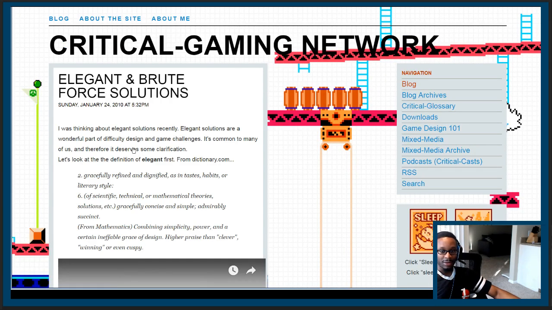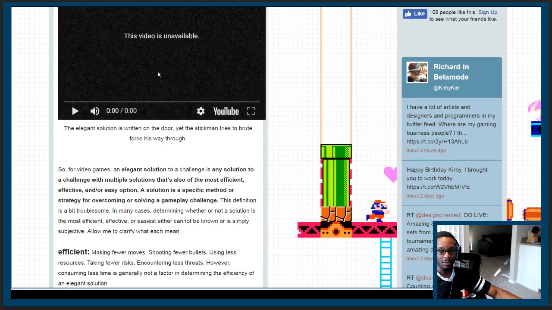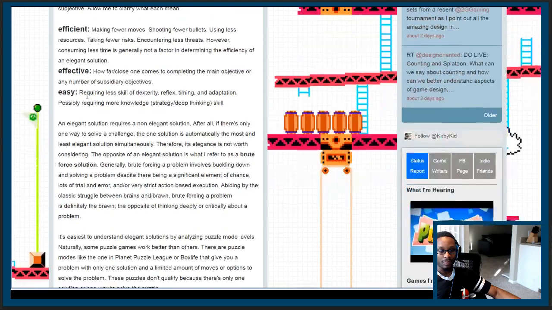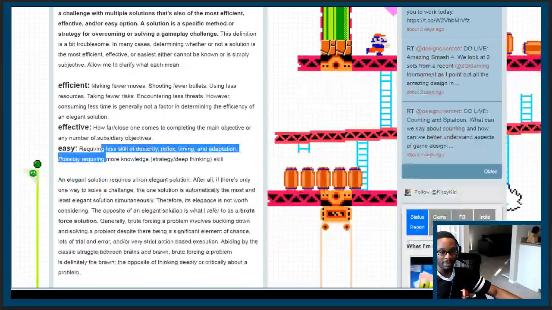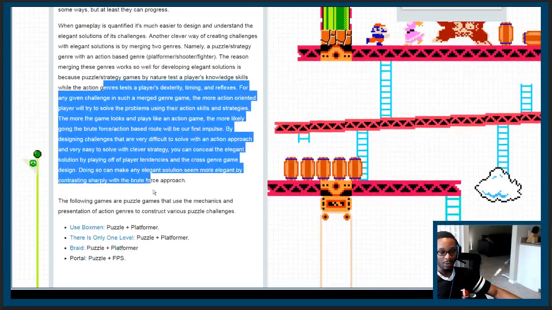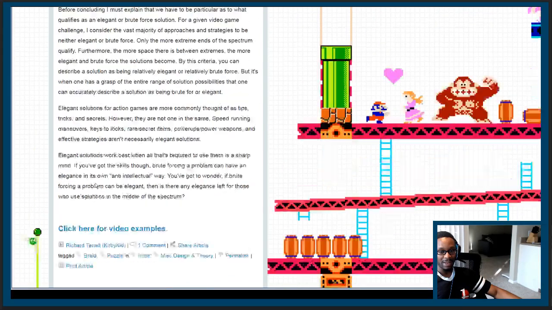So I was thinking about elegant solutions recently. Elegant solutions are a wonderful part of difficulty design and game challenges. It's common to many of us, and therefore it deserves some clarification. So I started with the definition, just using language first to say what is elegant, what it means for something to be efficient, effective, easy, and then defining elegant solution better, going through a lot of game examples. This is the kind of thorough stuff you need. And then I made this video